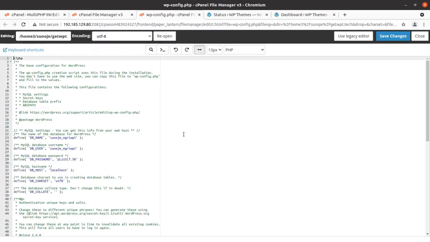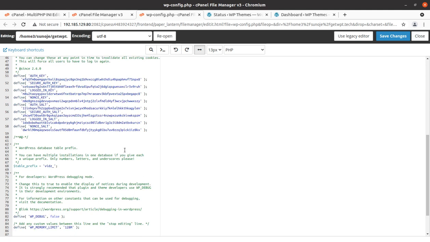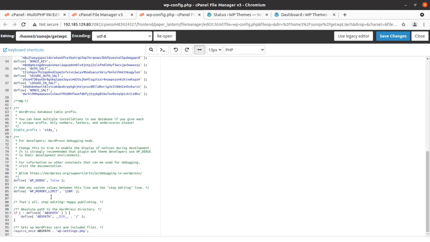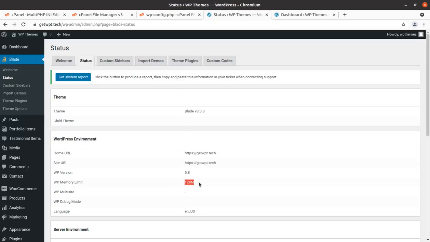It will show you a warning, and where it is written, that's all, stop editing, happy publishing, we can put both our lines. In this case I have defined the WP memory limit of 128, which I did from this screen only, and this is impacting this one. The WP memory limit is 128.